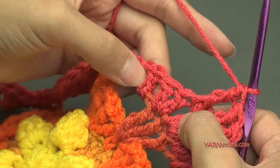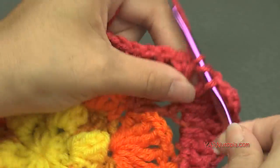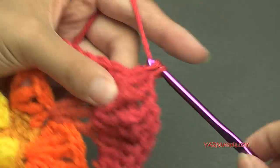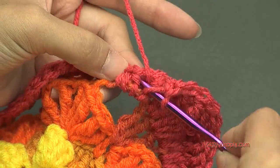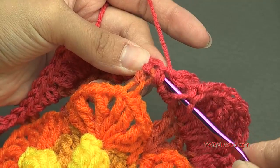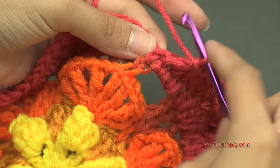So around these next 5 stitches, we're going to put a front post double crochet. So 1, 2, 3, 4, and 5. And then we're going to single crochet into this single crochet, but you can see that this